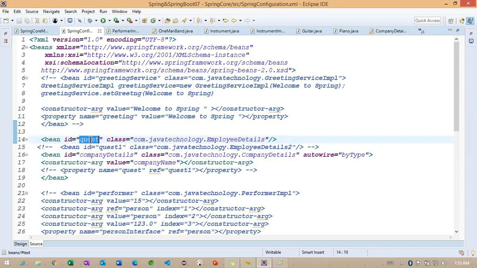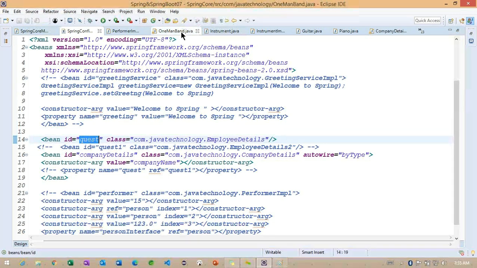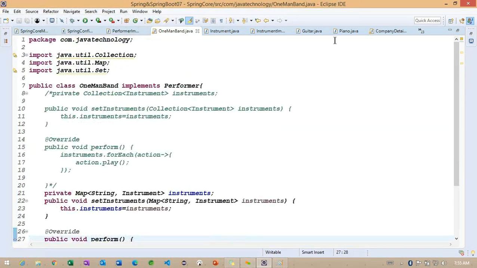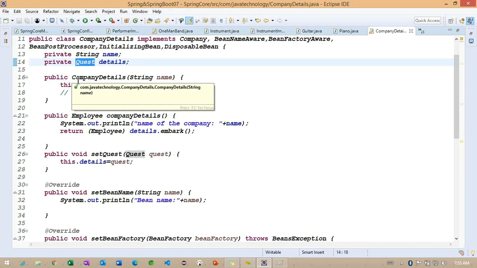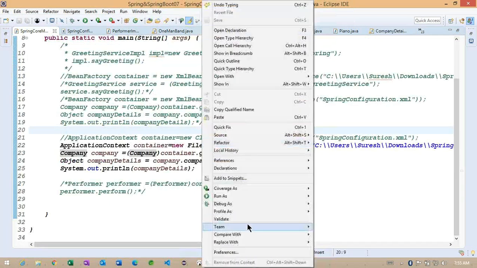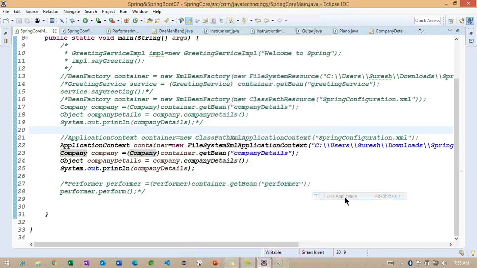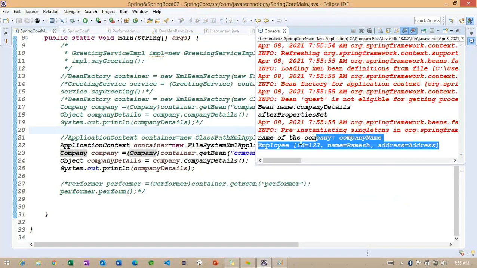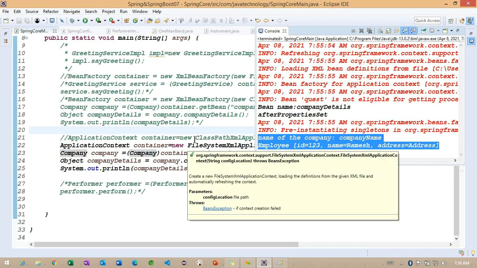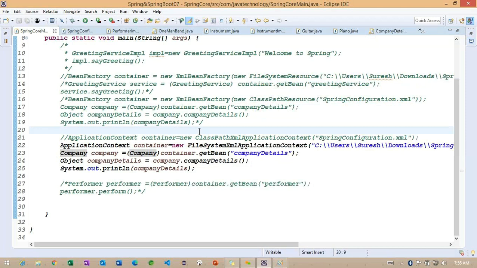So now you can see the type also we are having the same here. So how can we identify the type? You can see inside this particular company detail, the object type here. So what is the type here? We are specifying it as an interface type here. Getting the point? So based on this, we can work on the same example here. Now you can see we are getting the same object information here. Getting the point?